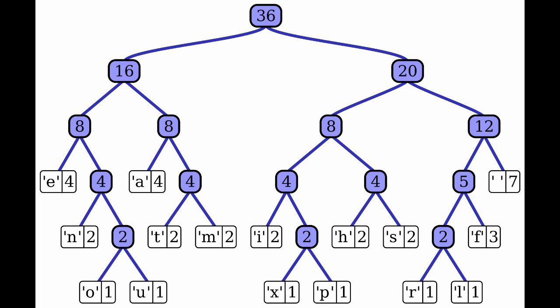That year, MIT student David A. Huffman was taking an information theory class and was given a choice between taking the final exam or writing a term paper proving which binary code is most efficient. In so doing, he invented Huffman coding, a way to assign binary codes to a set of elements based on frequency. The exact algorithm is beyond the scope of this video, but the effect is that more frequent elements are assigned shorter codes, and since no two codes are prefixes of each other, the conversion is lossless.